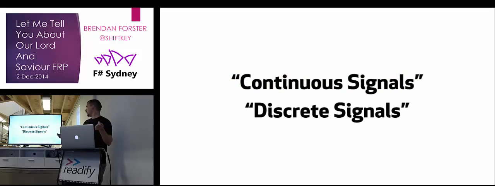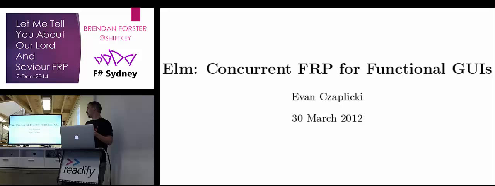The stuff that was rather interesting is they picked up on two different sorts of signals. Continuous, a great example of which is time, or discrete, which is like mouse clicks. You kind of get stuck with a situation of things that are expensive to compute, like time. You want to do that stuff as you need it, but discrete signals like your mouse clicks are easy to compute as they come through. So these things are getting teased out of this paper, and if we fast forward a little bit further to